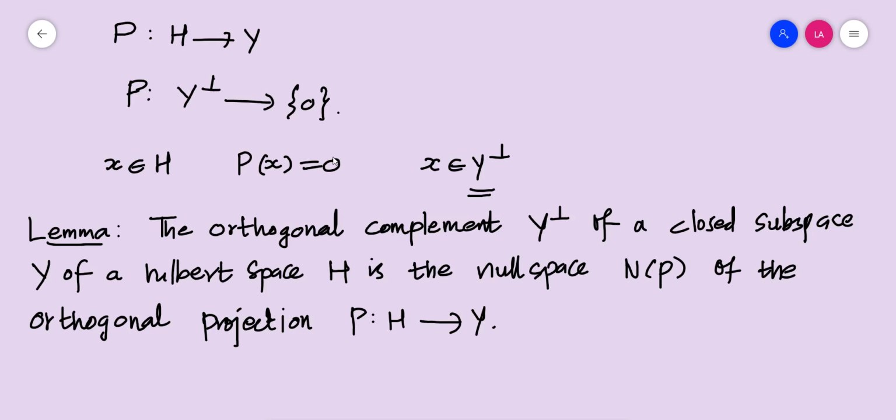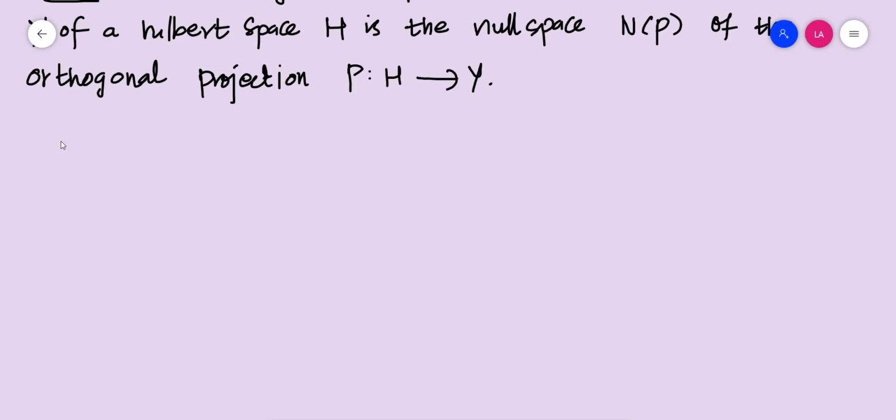So this is one of the important results regarding the projection function which is defined on a Hilbert space. Now moving on, using this we can define a new terminology called annihilator. So annihilator means the collection of all elements in an inner product space such that the elements are actually perpendicular